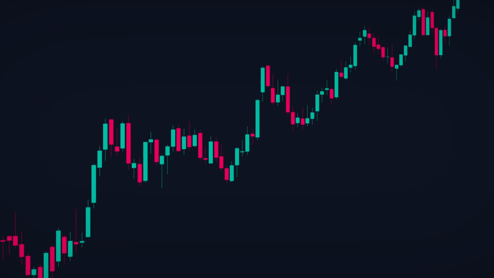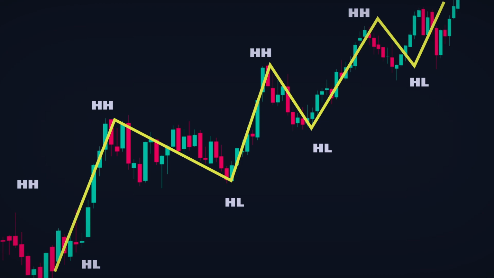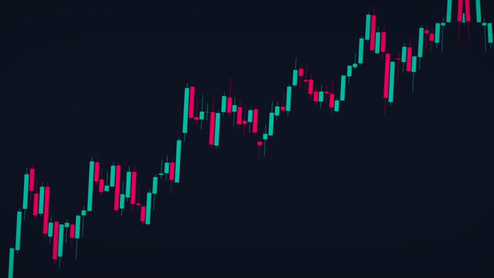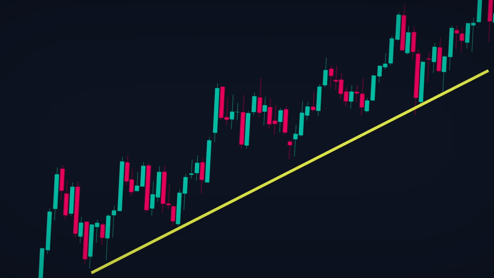You can see here that the market is clearly in an uptrend. It goes up, then down again, followed by another rise and fall, and so on. Usually when the market is in an uptrend, it creates higher highs and higher lows as it moves forward in this pattern. Okay, now that we've identified the uptrend, we can draw the main trend line using the higher lows,